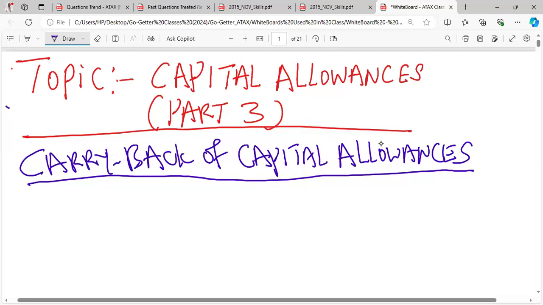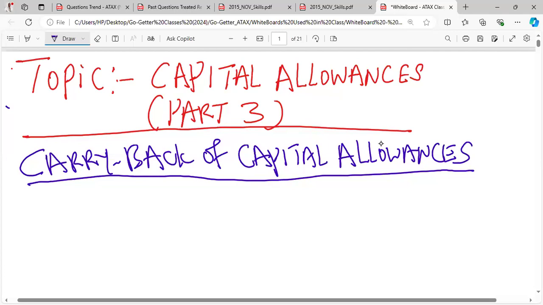Because capital allowances are a way that government is repaying you back for the investment in your assets. That's why you are claiming capital allowances, to recoup the asset investment you've made. But in the year of cessation, there's no way you can recoup it. And the government is saying, all right, take it backward,